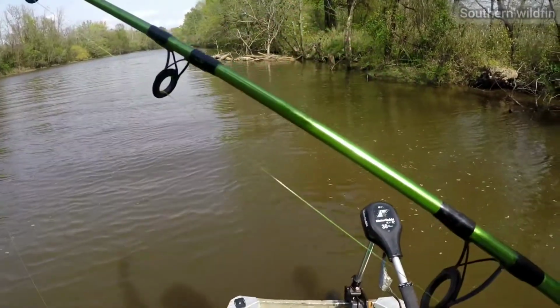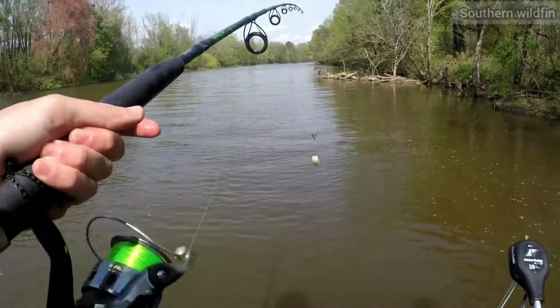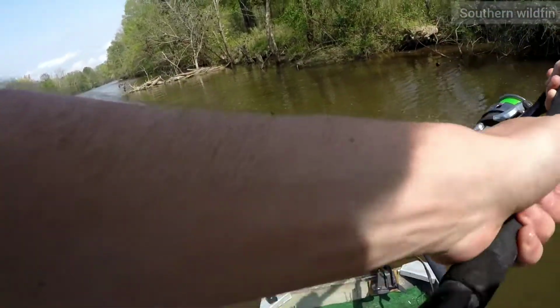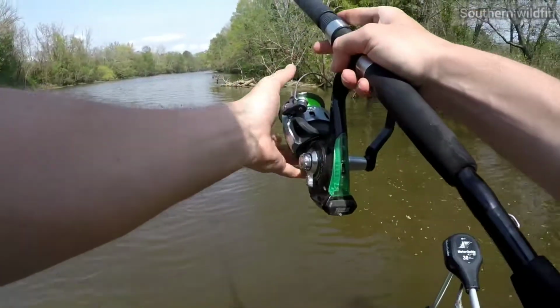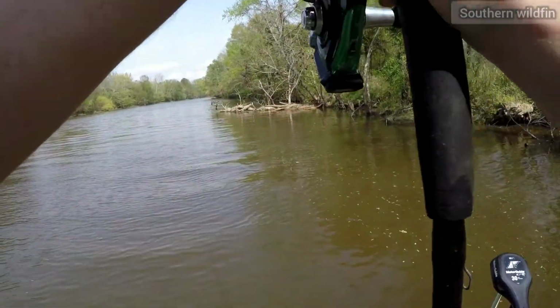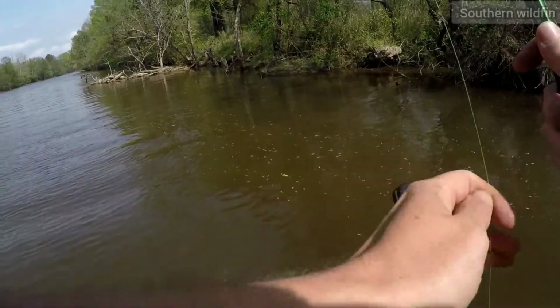Alright, so I got my pole baited back up. We're gonna cast back out, back where I caught him at. Maybe there's another one. And I ain't casting too far away from the boat. You ain't got to cast 10 miles out or nothing to catch a big old fish. But hopefully